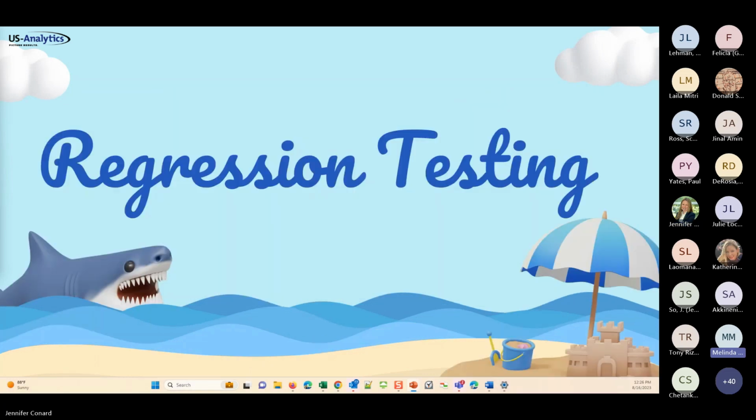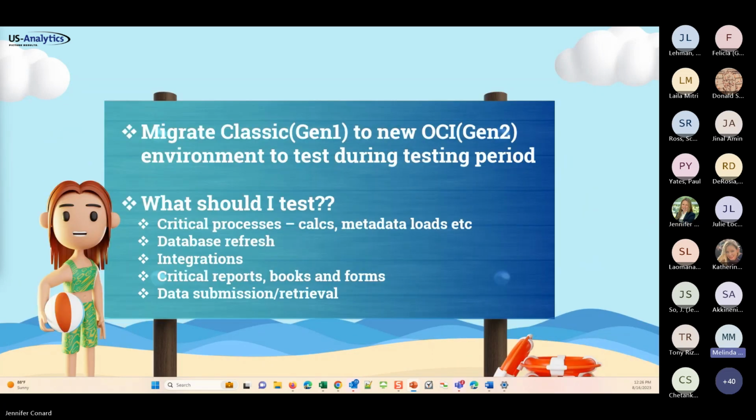And what we mean by regression testing is, from the time that Oracle releases your new environment, you'll get an email that says, hey, your environment's ready, and you can go in and create it. Then for about 2 months, you will have different URLs. You'll have your Gen 1s, which is your current live prod and test environments, and you'll have your Gen 2, which is your temporary testing for prod and test. And that's where we recommend doing a lot of your testing.